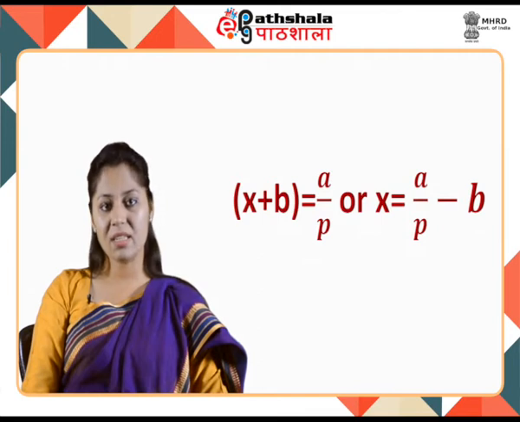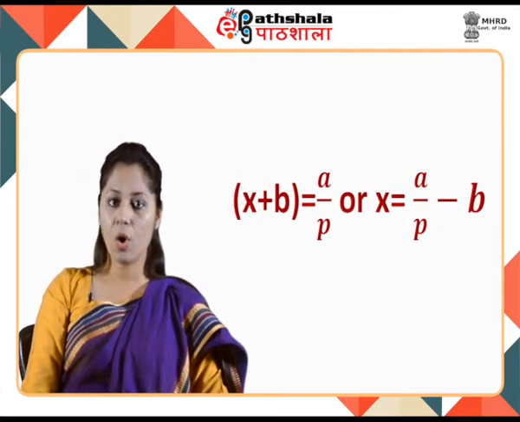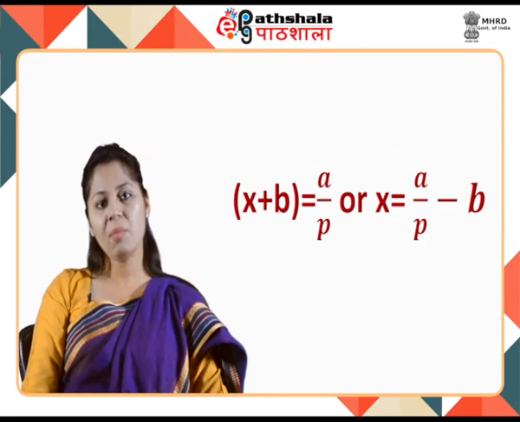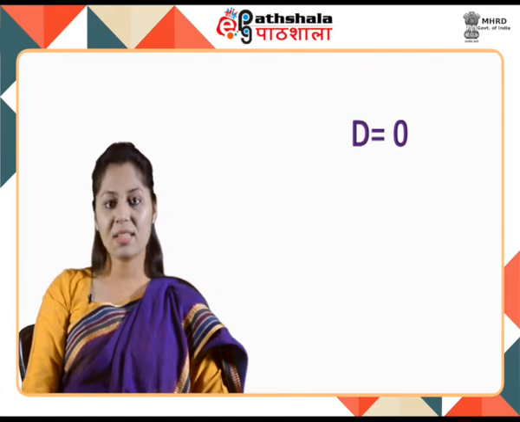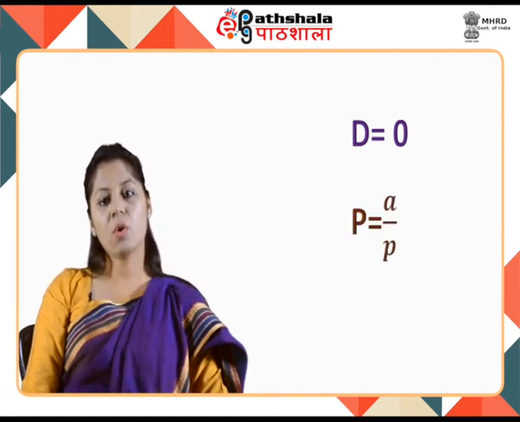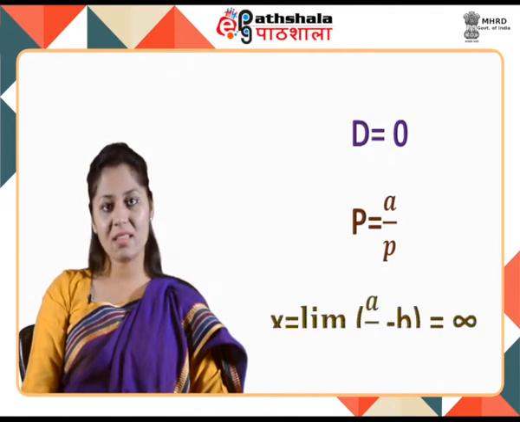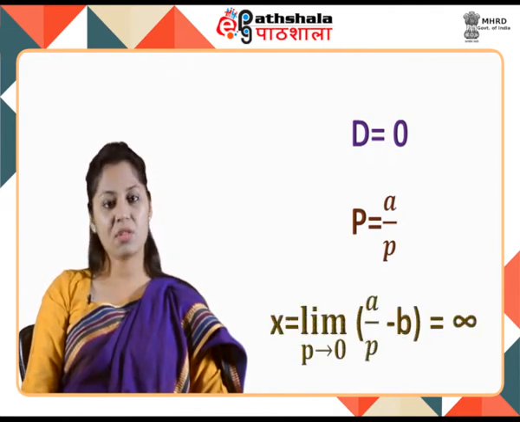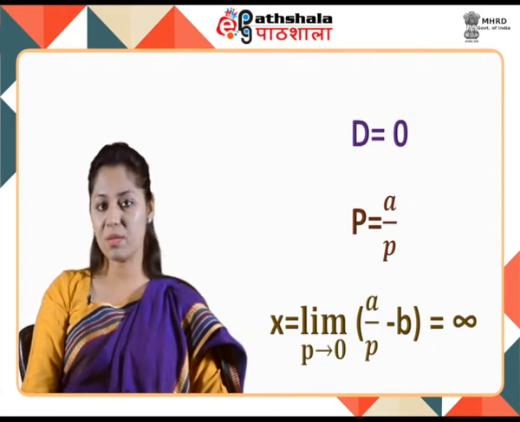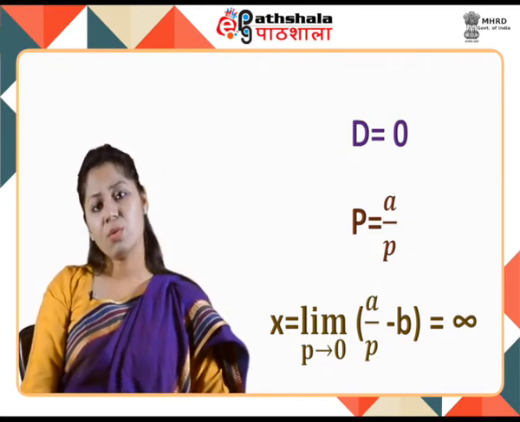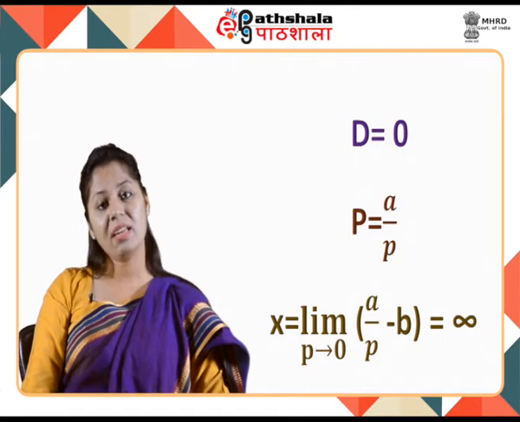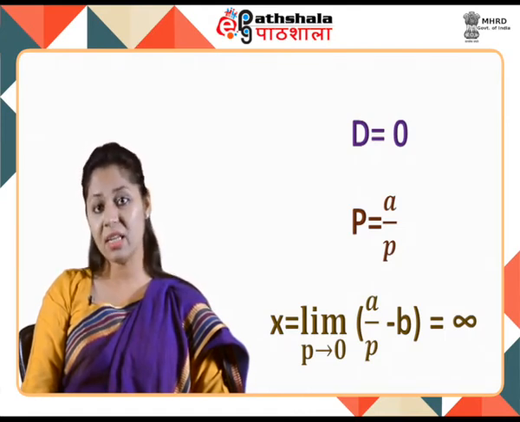Since we have to examine the behavior of demand as price is changing, we write x plus b is equal to a upon p, or x is equal to a by p minus b. The demand equals 0 when price is equal to a by b. For small prices, x is equal to the limit as price tends to 0 of a upon p minus b, which is infinite. On combining the results of these two limits, we can say that demand increases from 0 to indefinitely large amounts